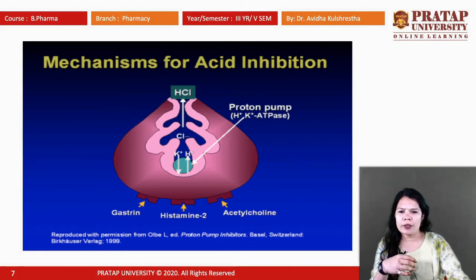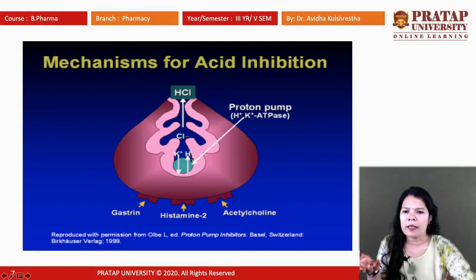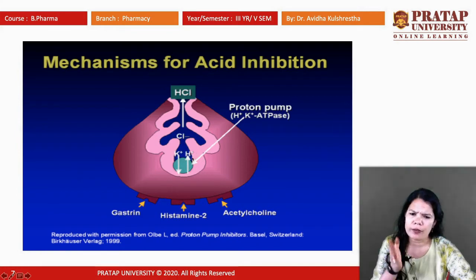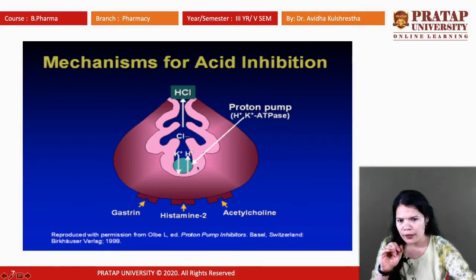So what happened here? You can see that hydrogen ion is being released from this place, from the stomach, and in place of the proton, this potassium ion is taking place. So this ion exchange is basically the function of proton pump inhibitors. They inhibit the activity of protons. They are just transporting from this to another membrane. So ultimately the level of HCl reduces in the stomach and we feel relief.